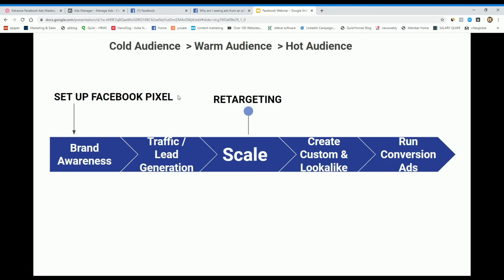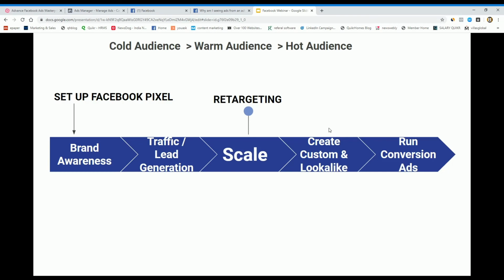First, you have to set up your Facebook pixel, then you have to create your advertisement in brand awareness or traffic or lead generation. After 6 to 7 days, for scaling your advertisement, you can create a custom audience or lookalike audience, and you can start advertisement on this audience.